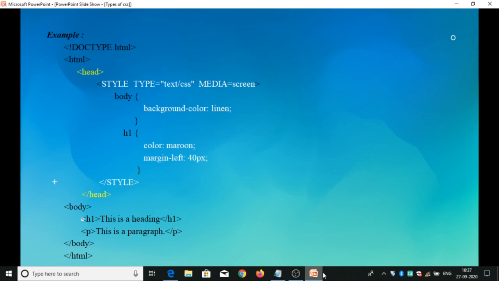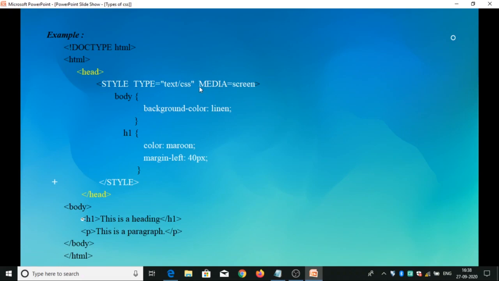This is the sample program for an internal style sheet. We represent this style using the style element. This style element has two attributes: one is type and the other one is media. The type attribute is text/css and the media is screen.